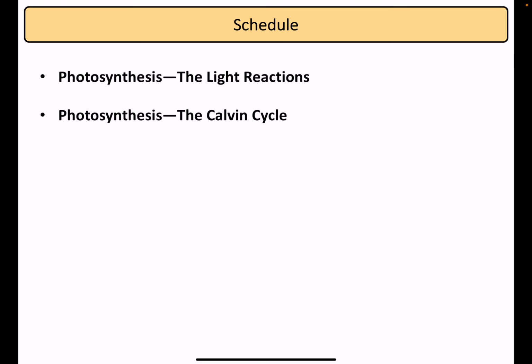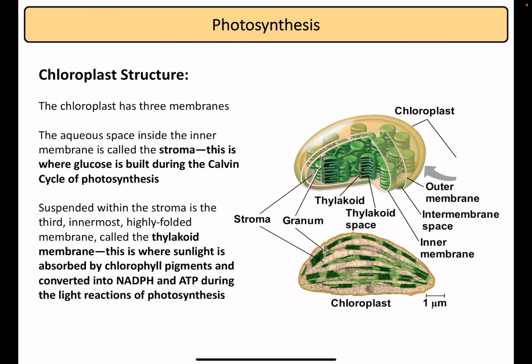In this video, we're going to take a closer look at the two stages of photosynthesis, those being the light reactions and the Calvin cycle. Both of these stages occur within an organelle called the chloroplast. And if you remember from our last video,